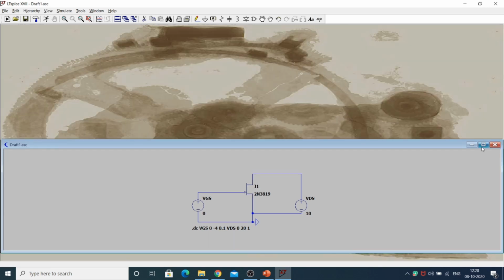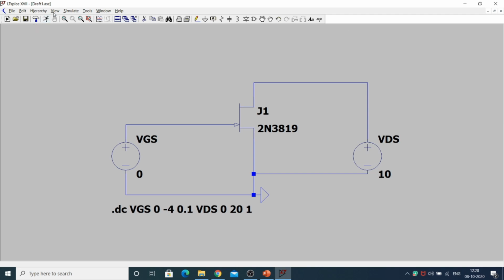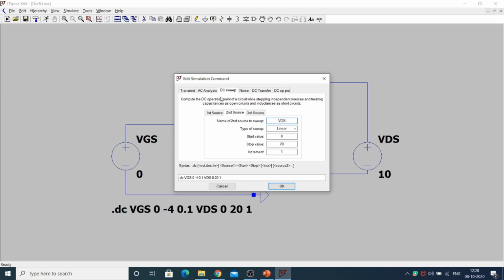For the output characteristics, first I will go with edit simulation command. The first source I am going to delete. First I'll check only the output characteristics.